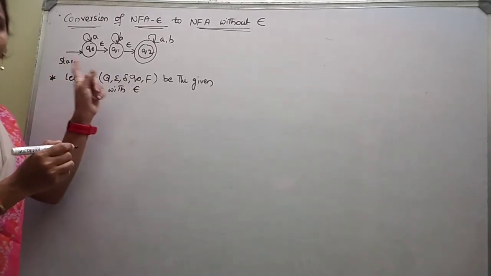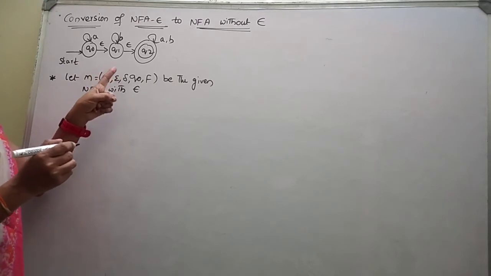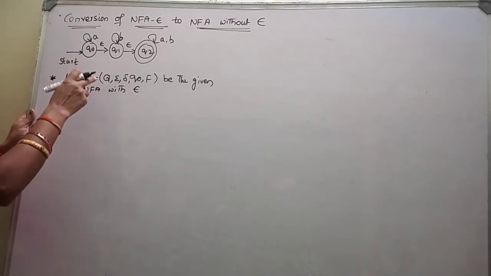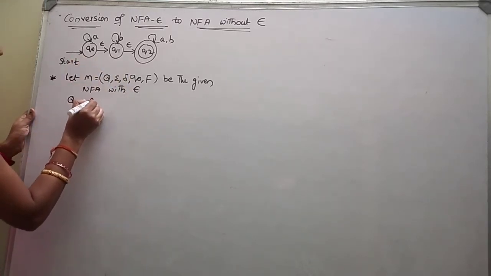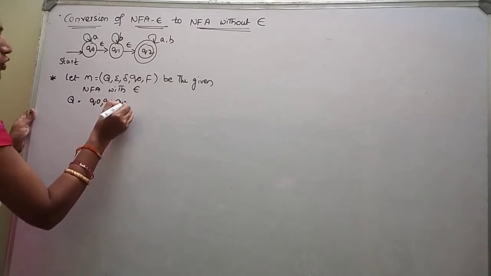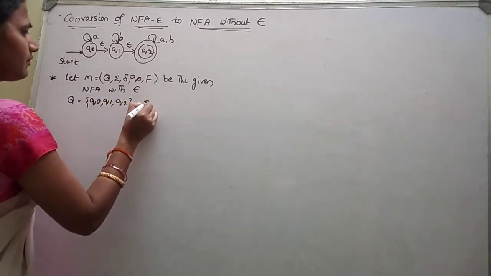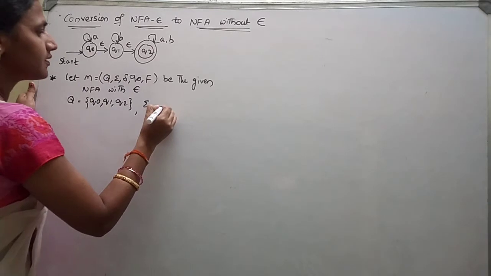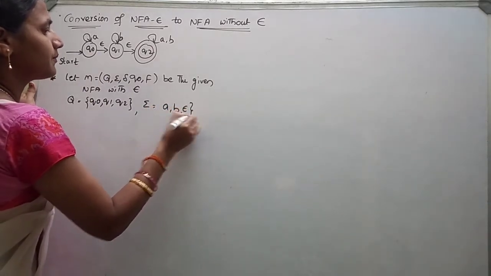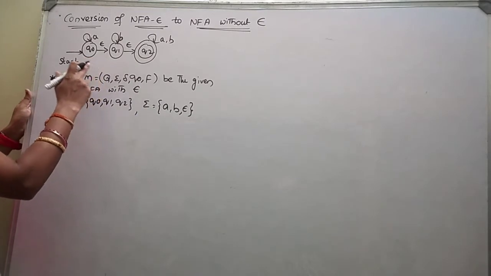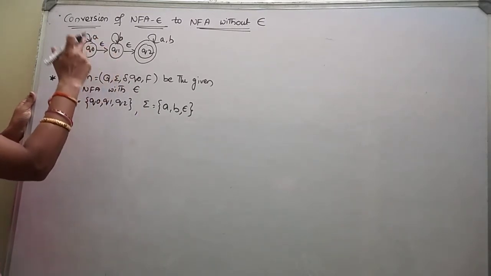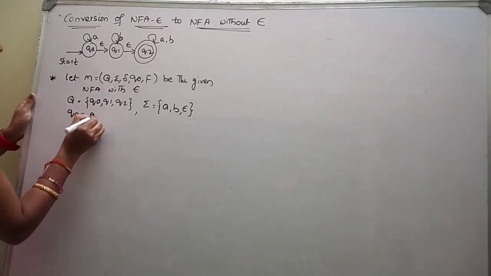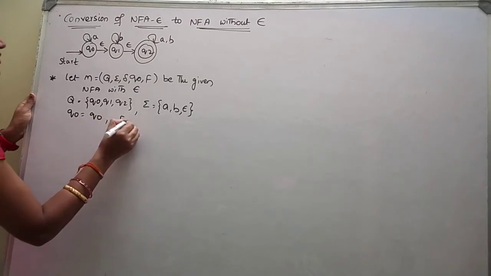So as we all know, a finite automaton consists of 5 tuples: Q, sigma, delta, q naught and capital F, where Q is a finite set of states. In our finite automata we have 3 states, q naught, q1 and q2. Sigma is a finite set of input symbols. Here epsilon is also one of the input symbols, so we can write a, b, epsilon. And transitions are nothing but we map one state to another state by taking one input symbol at a time, right? And the initial state is q naught itself and the final state is q2.